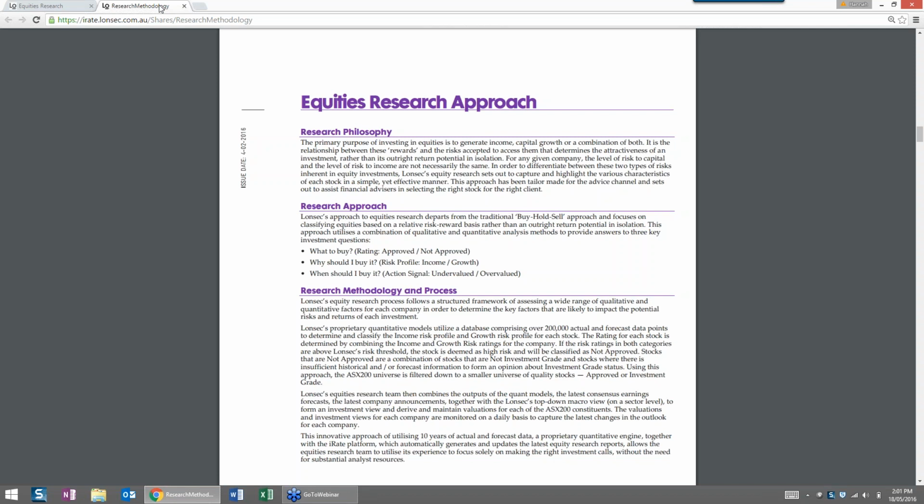So our research approach is set out to answer three key questions. What to buy, which we look at by the rating, whether it's approved or not approved. Why should I buy it? So this is the risk profile. Are you looking for an income or growth stream from particular stocks? And then when should I buy it? So this is the action signal. Is a stock undervalued, overvalued? And it's a bit more in line with that traditional buy, sell, hold valuation